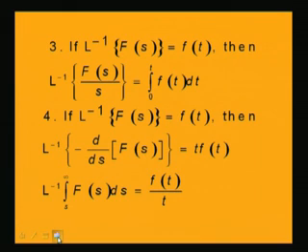Also you can find the inverse Laplace of F s by s. That will be equal to the integral 0 to t f t dt, and the inverse Laplace of minus d by ds F s. So, if it is divided by s, you just take the integral, and when it is a derivative, you just multiply by t. So, minus d by ds F s will be equal to t into f t, and the inverse Laplace of the integral of F s ds will be equal to f t by t. So, in this way you can find the Laplace transform and inverse Laplace transform of different terms.